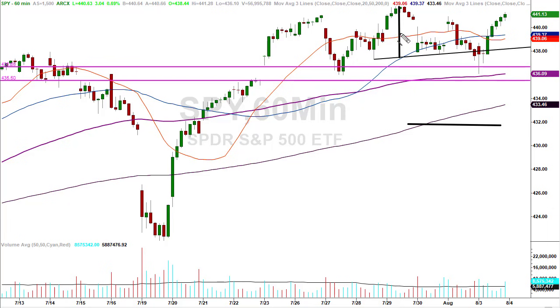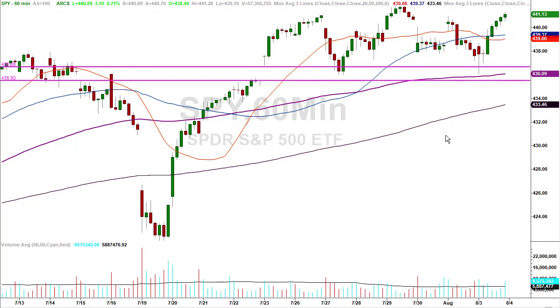And then you take that same distance, let's say here it's about $4.25, give or take, and it is. You take the same $4.25 and you subtract it from the same spot in the neckline, and that's your spot. So essentially, it would come, depending on where this measures out to, somewhere in the vicinity of 433, give or take. Doesn't matter, it's off the table. The neckline, they got below it, and then they got back above it. So once they closed below it on this hourly chart twice, that essentially activates the head and shoulders.